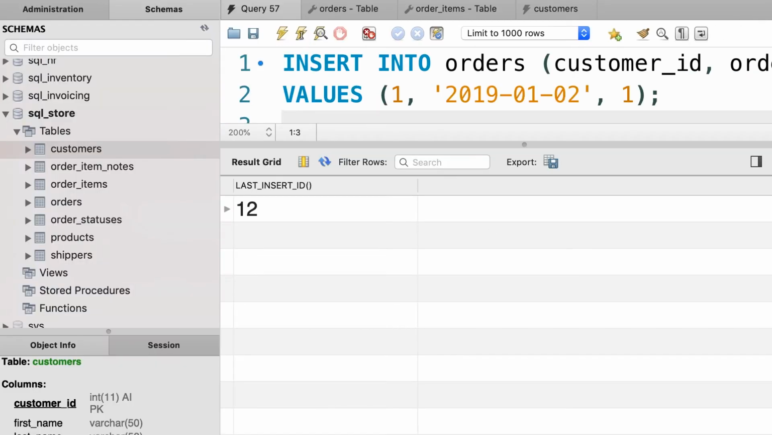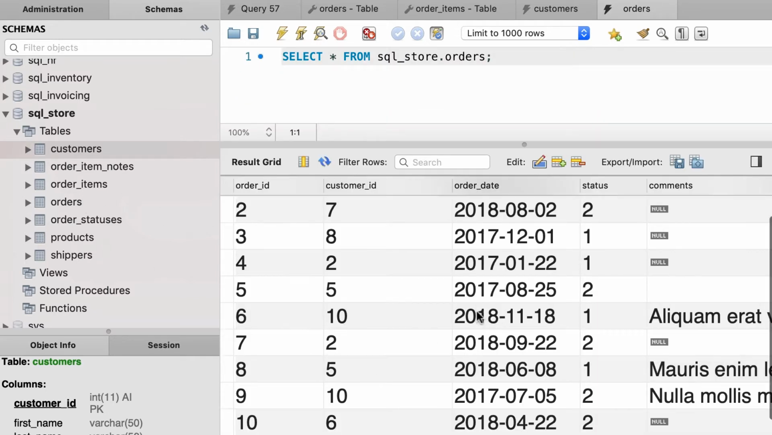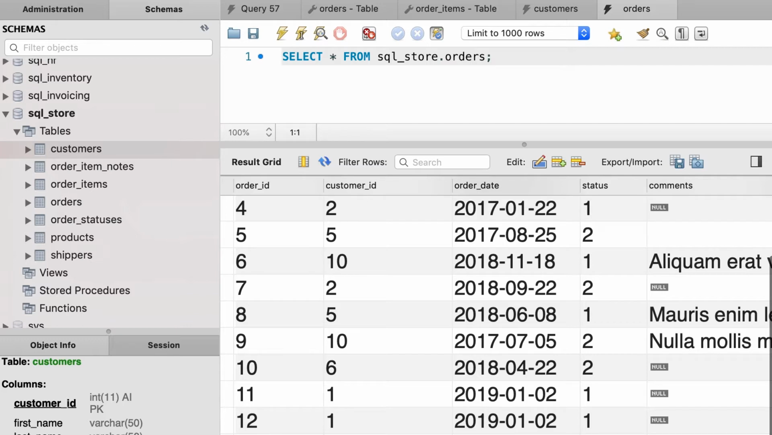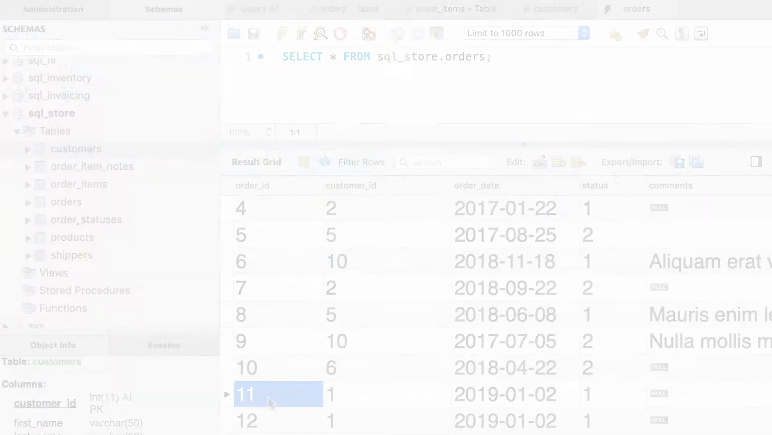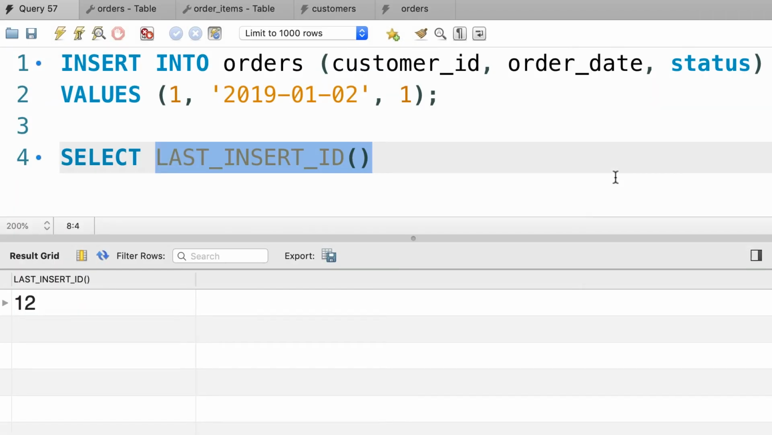Let's verify that. So back to the orders table. Let's look at the data. On my machine, I have 12 records here. I actually created one just before recording this video. So on your machine, you're going to have 11 orders. Now back to our query window. Now that we know how to get the ID of the newly inserted record, we can use that ID to